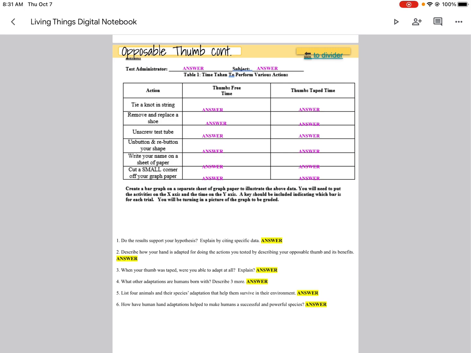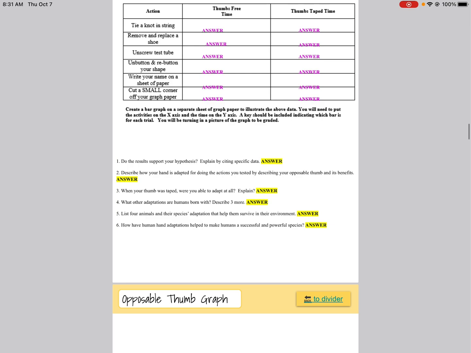There should be a key as well, as you could see on my example. And then also make sure that once you're done with your bar graph, those questions need to be answered. And you guys will be handing that in. Again, today's goal is the